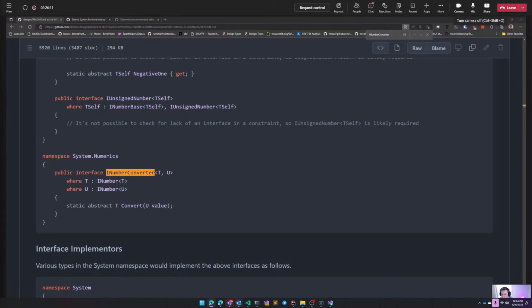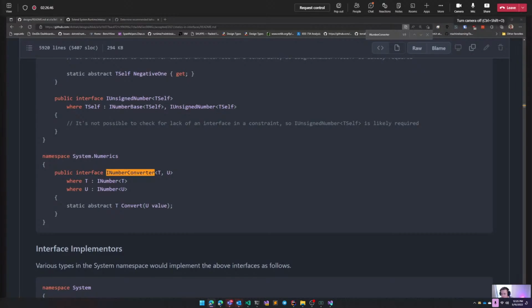And then you run into the general issue of you can't do a type check, a dynamic check, that is, against an interface constraint and effectively become more constrained. That's something which has been raised with C# LDM, but it's not something they have an answer for today. So if you're constrained to just where T is INumber, and you can't say if T is actually IBinaryInteger, then I now have access to binary integer